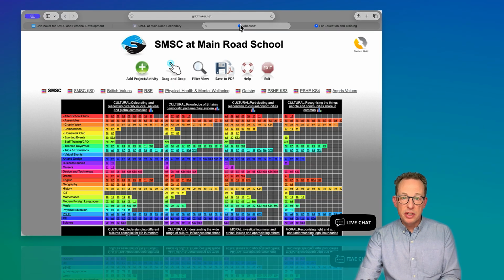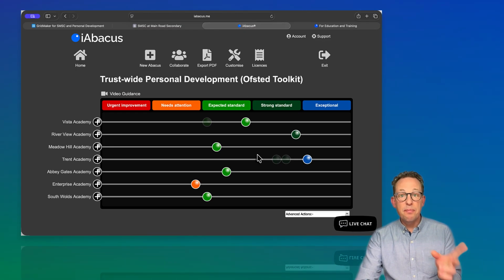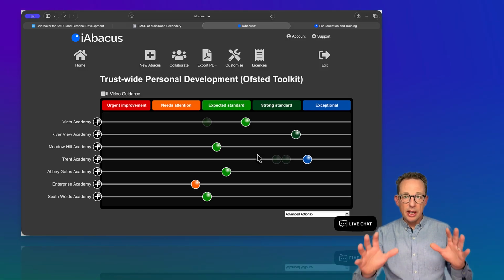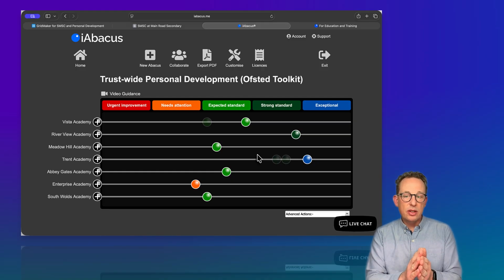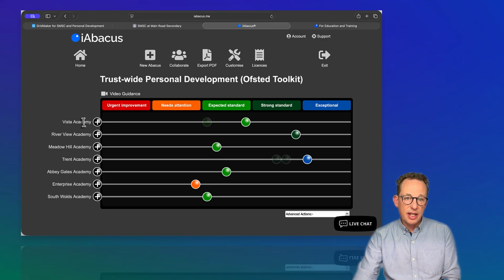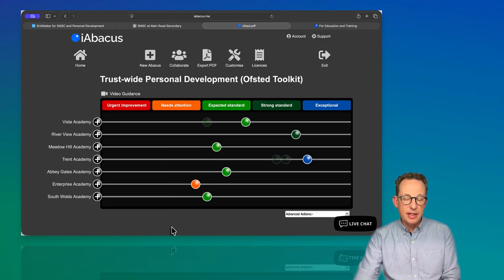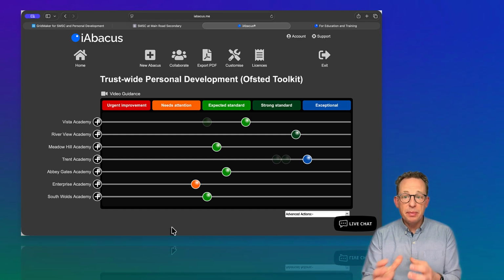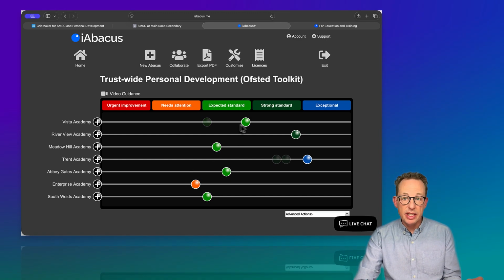So another beautifully simple tool, this time based on an abacus, and what we give you is a platform where you can get a complete picture of not just evidence, but actually the quality and the impact of provision. So you'll see down the left hand side here, we've got all the different academies in your trust or in a trust. The bead positions, they represent where that academy is at the moment. And as you can see here, we've got Vista Academy, who have moved from just into expected right up to